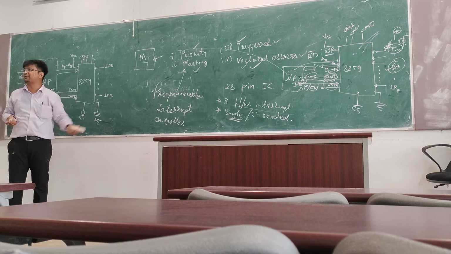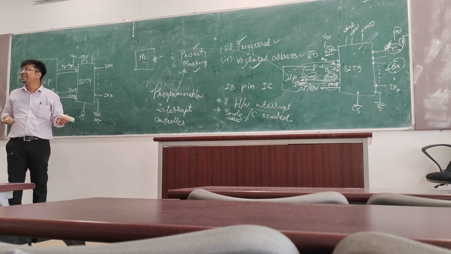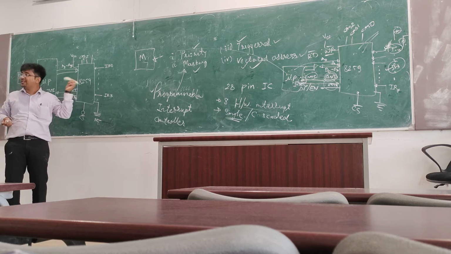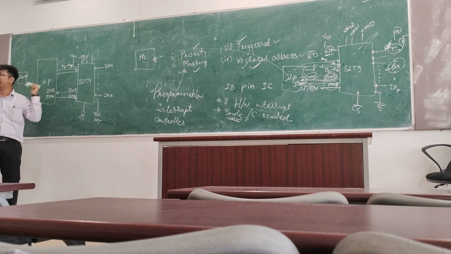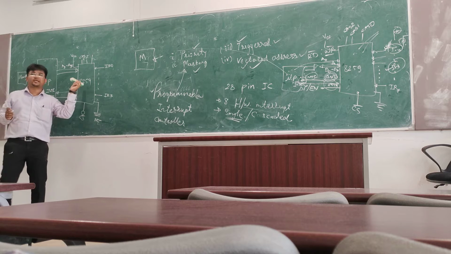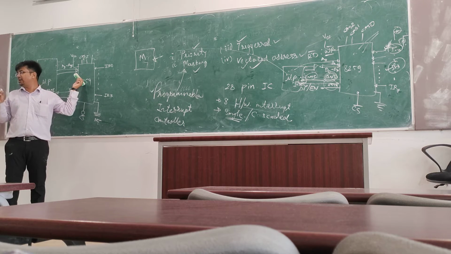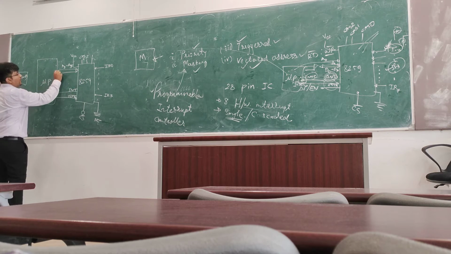There can be n numbers of chips connected. N numbers of input output devices connected, so as to ascertain which device the microprocessor is communicating with, the addressing is required. Okay, processor इसी चिप के साथ कम्युनिकेट करे 8259 के लिए, तो उसका एक वेक्टर एड्रेस होगा